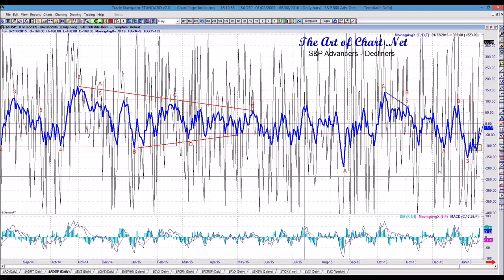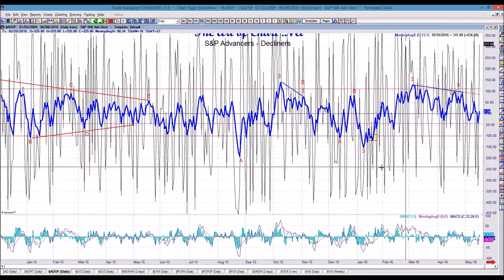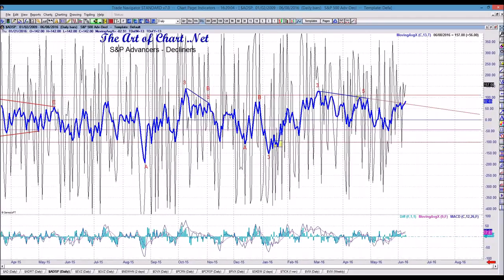All I do here is look for patterns. A pattern I notice a lot, and here it is, is a big impulse, then a lower low in price and a higher low in the S&P advancers minus decliners. No surprise: when you're putting in a low or a high, the last leg up is always thinner. Here's your third wave, which is your strong impulse. Your fifth wave, that's a divergence, and you have fewer issues on the S&P 500 carrying the market higher.